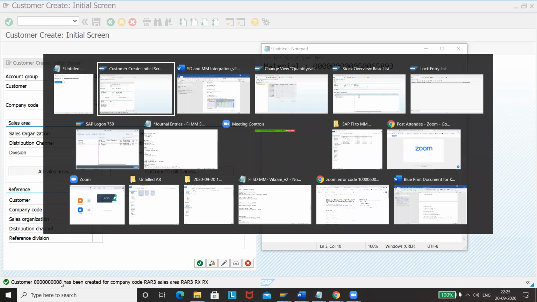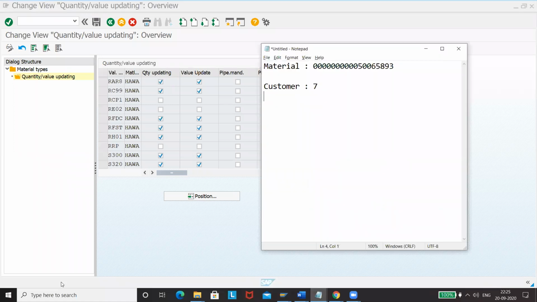Okay, so now MM integration is done at OBYC, and then ST integration is done at VKOA. So now we'll be going to OBYC settings.